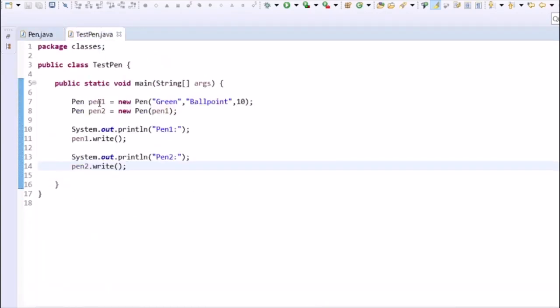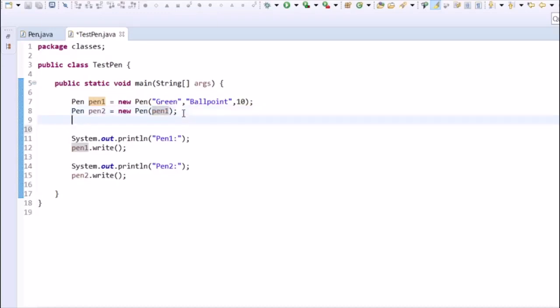Now we have created two objects of the pen class. One is created by passing values for its instance variables, and the second object p2 is created by passing object p1, that is pen 1.